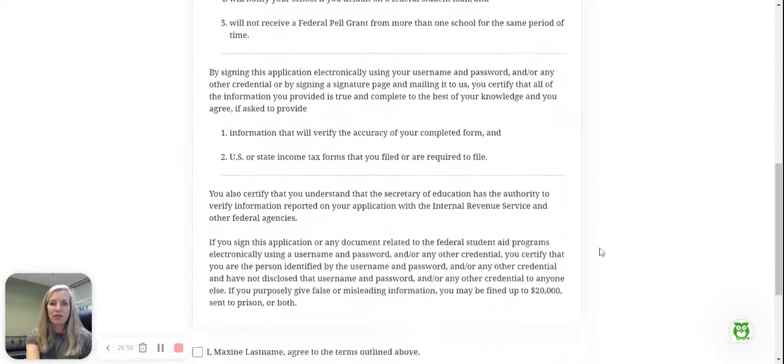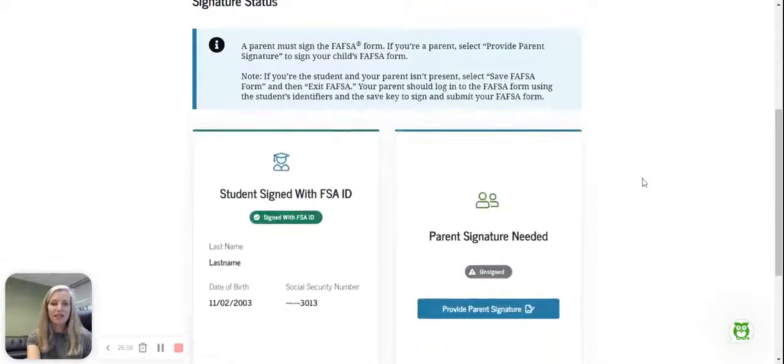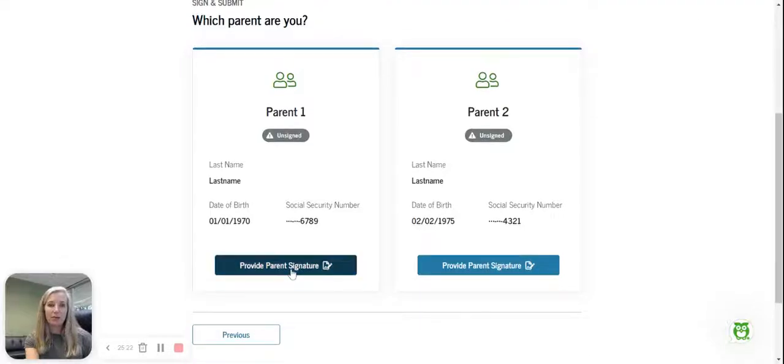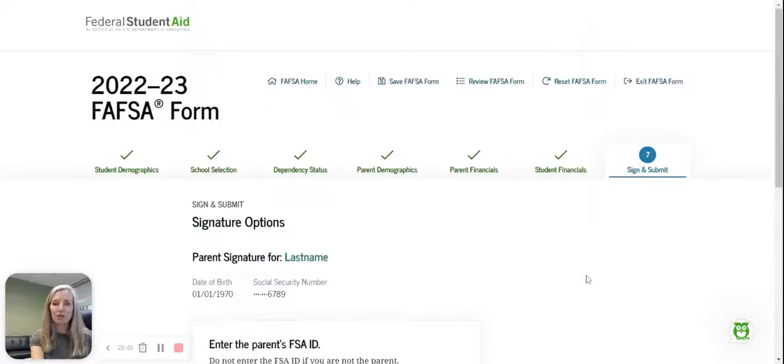And now it wants me to read all the disclosures, so I agree, and I'm going to sign my FAFSA. Now you can see, since I'm a student and I was logged in with my FSA ID, it signed it automatically for me. The parent has to sign the FAFSA as well, so you will click here, provide parent signature. And I'm just showing you this so you can see that you are attesting and certifying when you sign this that you have filled out everything accurately to the best of your ability. So you agree to those terms, you hit continue,